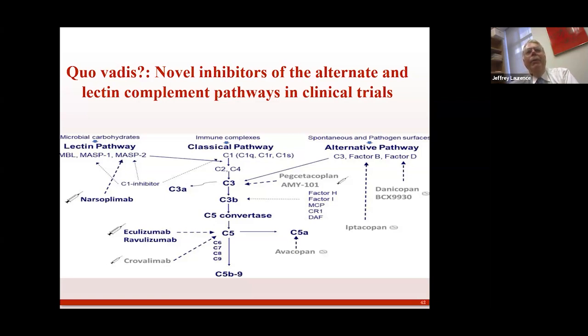narsoplimab, which is in phase 2 studies now in PNH, going into studies in HUS, already in studies in TMAs associated with transplantation. There are other drugs, some of them are oral, some of them are subcutaneous, that are either approved or in trials for PNH, where the drug companies are looking at a much bigger market, and that is complement factor H. So over the next year or two, you're going to hear about other drugs that are possibly useful. And in fact, two things are happening.